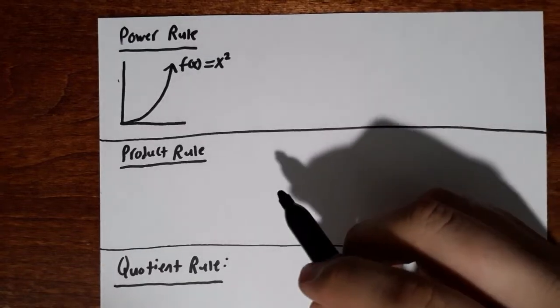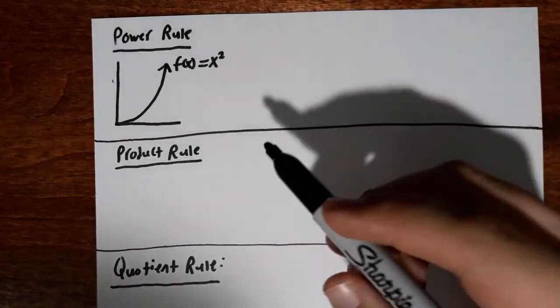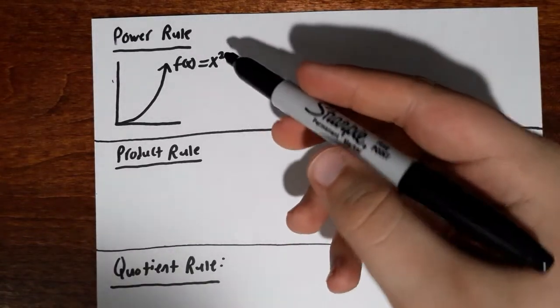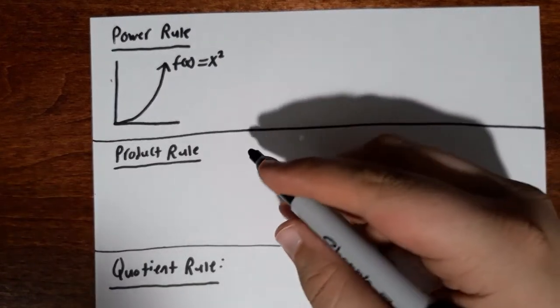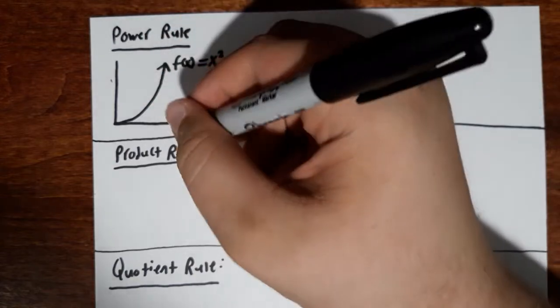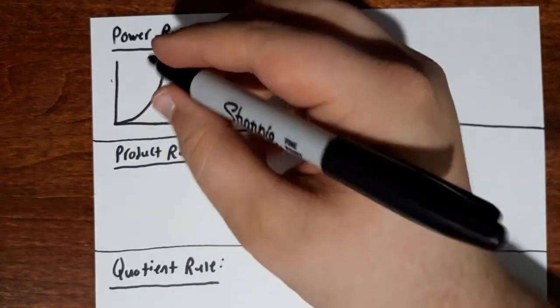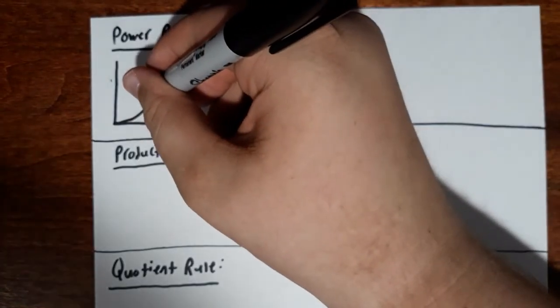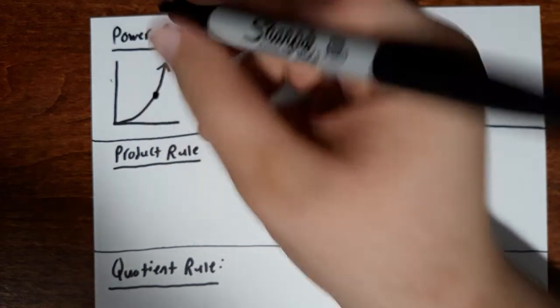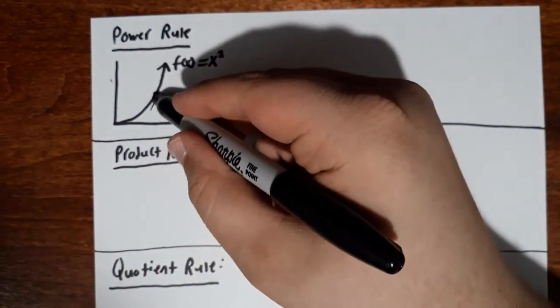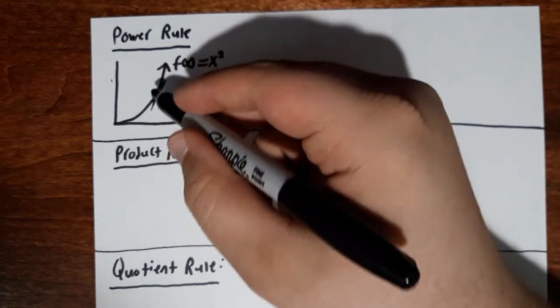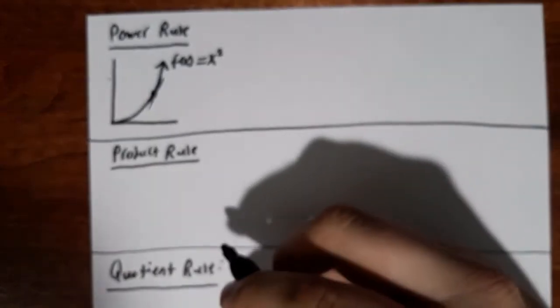Hello, this is Jace Kameen, and today I am going to introduce you to some of the basic rules that we use for taking derivatives in calculus. Now, the first thing you may need to know is what a derivative is. A derivative is just the slope of a point on a graph. So if we select a point, say here, on this graph of x squared, we would want to find the slope of a line that looks something like that for that point.